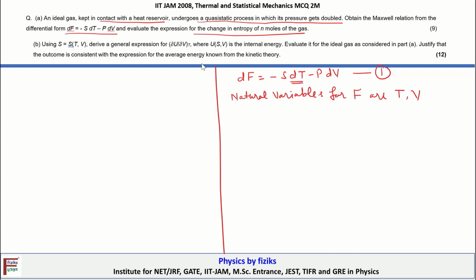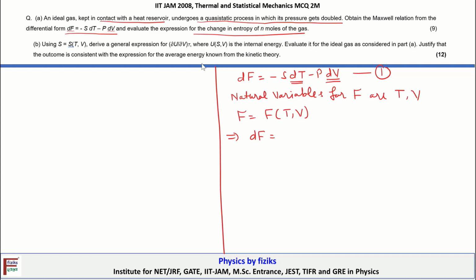So from the differential we can identify the natural variables. So that means we can write the Helmholtz energy in terms of its natural variables, which are T and V. Okay, so this means we can write a small change dF that is equal to